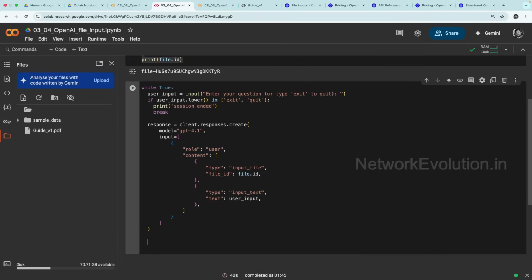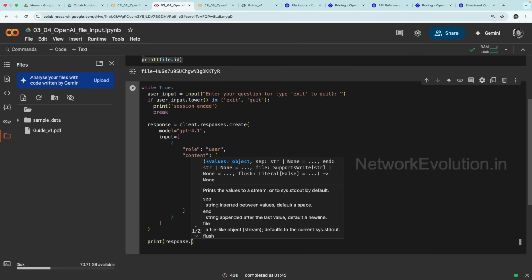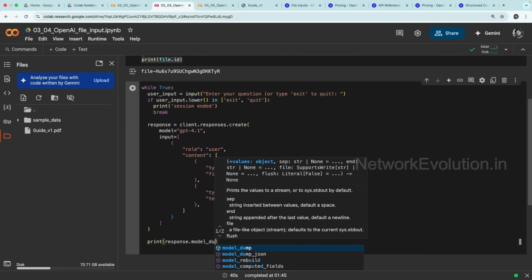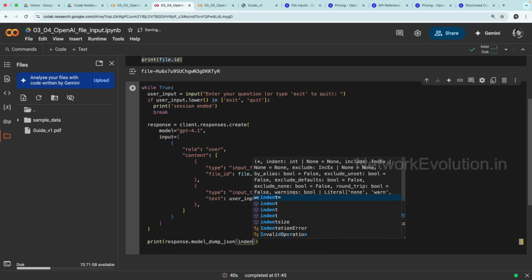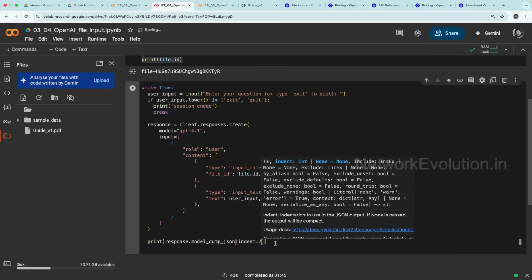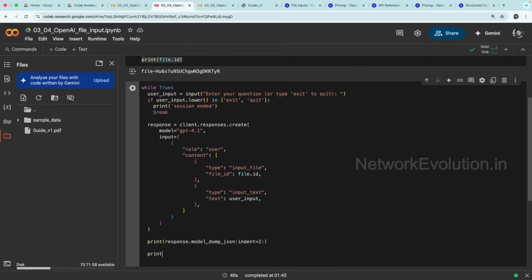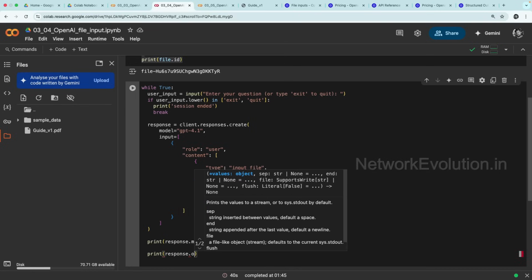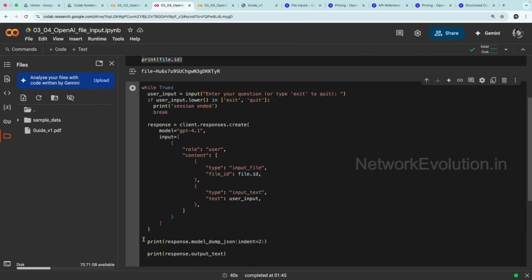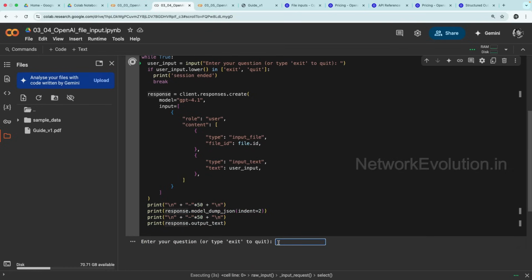To get the response details, we'll do a print of response dot model underscore dump underscore JSON, then indent equal to 2. For the model's text output, we'll do response dot output underscore text. Here I'll add a separator so that we can separate the response details and the actual text output. I'll run this, pass the question,